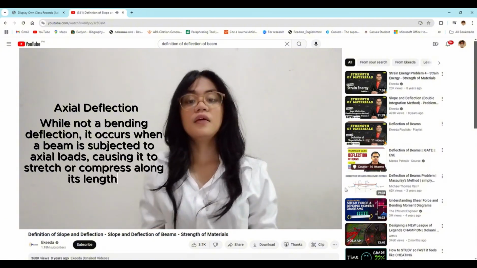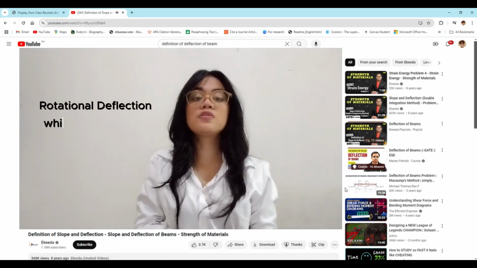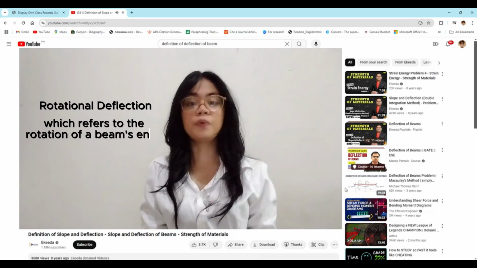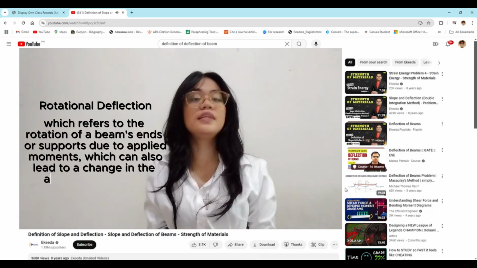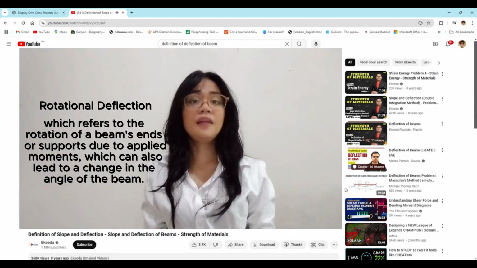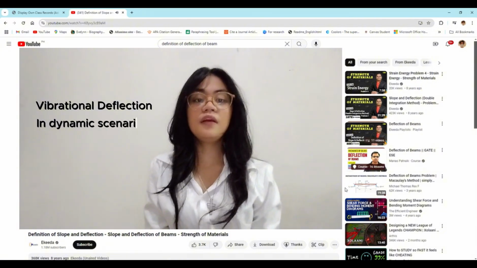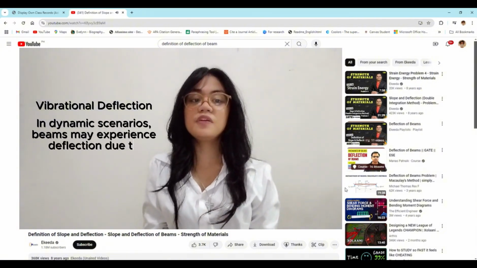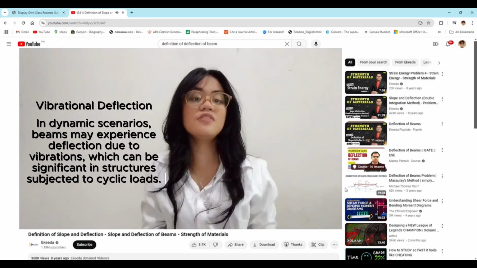The fourth one is rotational deflection, which refers to the rotation of beam ends or supports due to applied moments, which can also lead to a change in the angle of the beam. And lastly, vibrational deflection. In dynamic scenarios, beams may experience deflection due to vibrations, which can be significant in structures